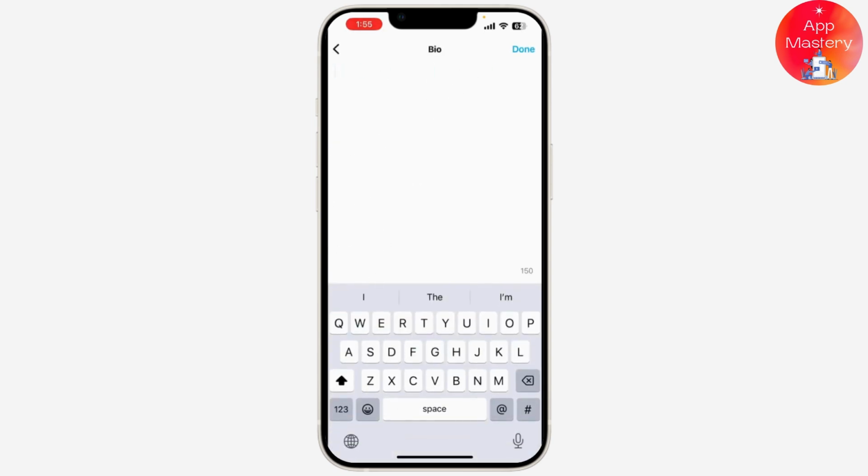To create a long bio, you can simply type out your text in this field. Instagram allows up to 150 characters in your bio, but you can use line breaks and emojis to make it more engaging and readable. If you want to include more information